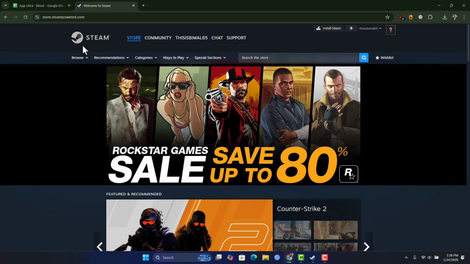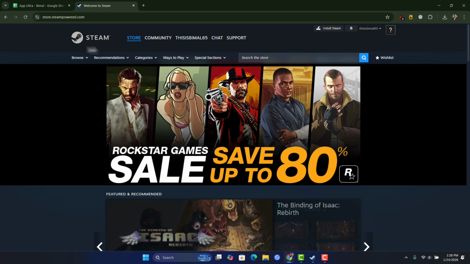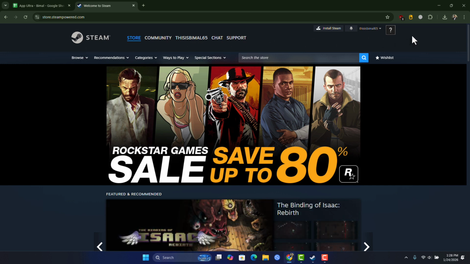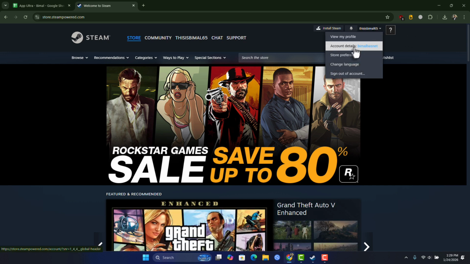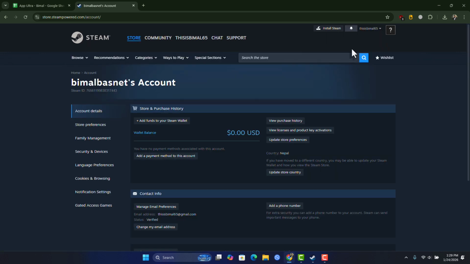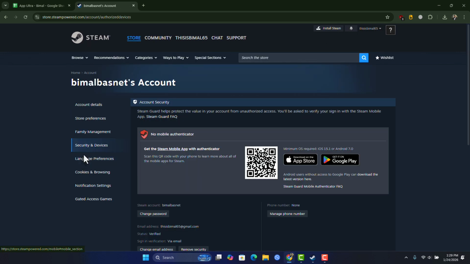So very quickly go to steam.com and log into your Steam account first and change all the credentials and sign out of everywhere, and also turn on 2FA. So once logged in, click on your account name from the top right hand side and go to this option, account details. From account details on the left hand side, select security and devices, and here first of all you